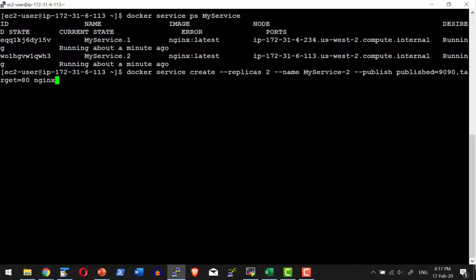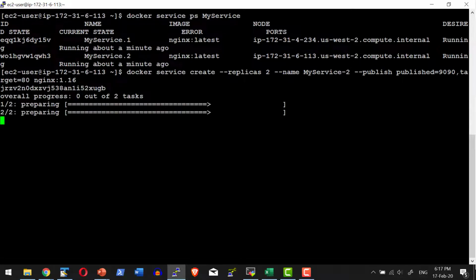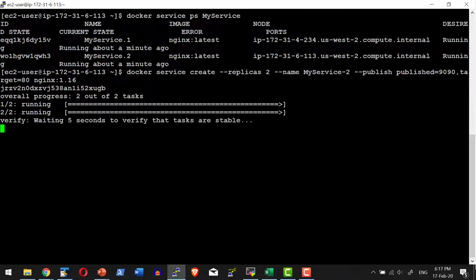Let me deploy version 1.16. So it's going to get the image Nginx 1.16 and it will get deployed. And this time it may choose different machines for this specific service.